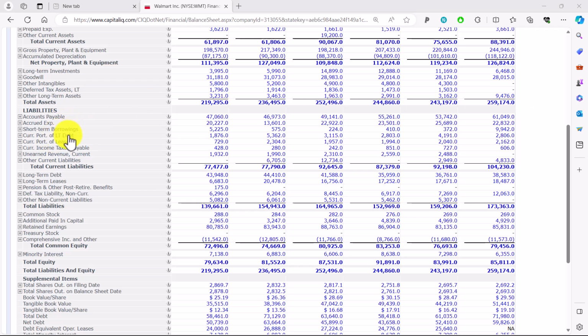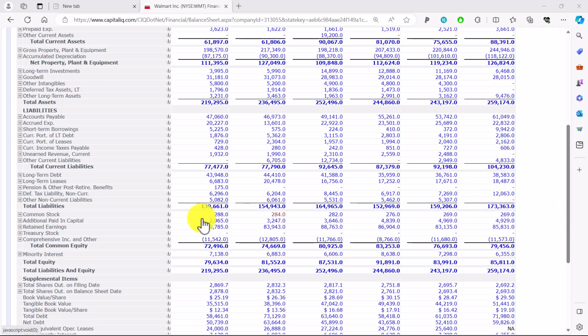We have short-term borrowings. We have the current portion of long-term debt. We have the current portion of leases. These are going to be investor supplied funds then. We look down here, long-term debt. Walmart issues a lot of bonds. Long-term leases, these would be capital leases, if you're familiar with that. So we consider these to be interest-bearing debts. So these are investor supplied funds. Okay, so especially this $38.583 billion, that consists primarily of bonds that investors have purchased and provided that money to